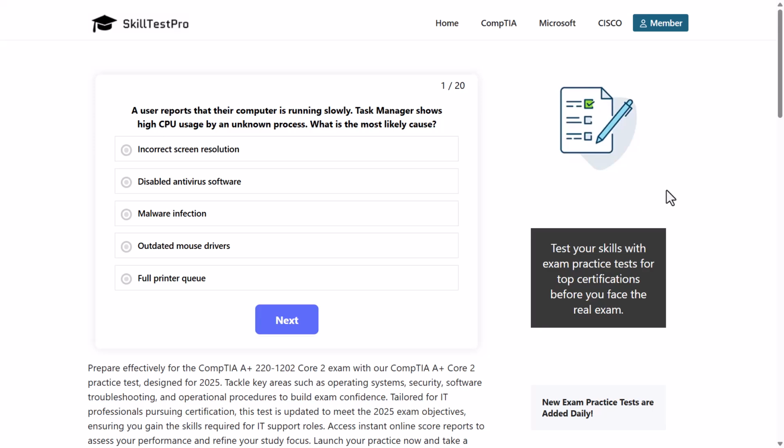And today we are going to do another CompTIA A+ Core 2 practice test. And this will be questions for the latest CompTIA A+ Core 2 exam, which was released in 2025 and which code is